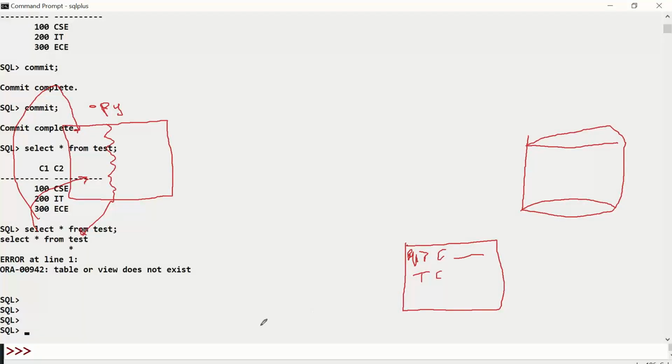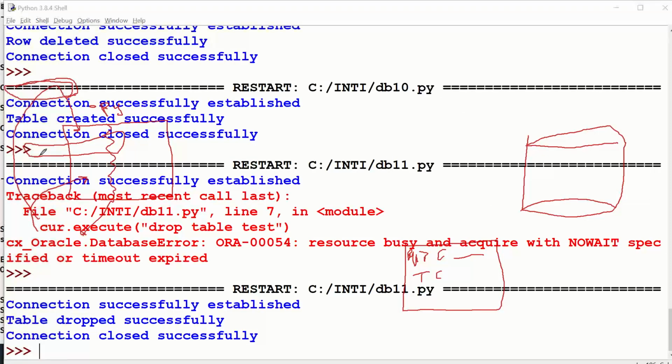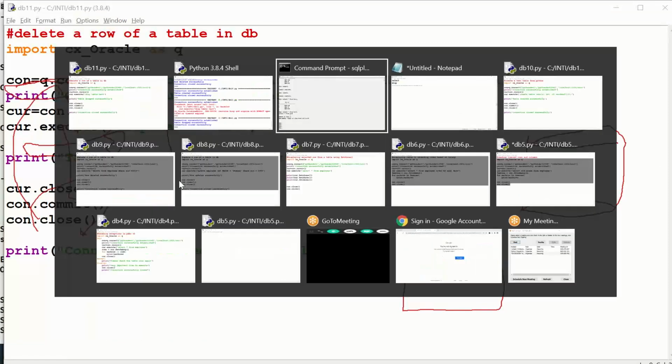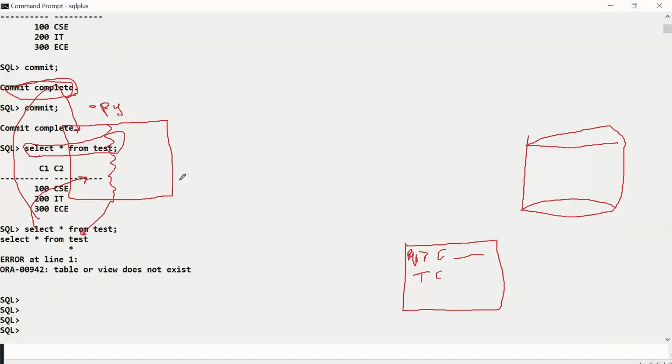See the line commit complete. Who is giving this line for me? Who is executing these lines for me? This is also code, right? Somebody has to execute it. The way your Python code is executed by your interpreter, someone must execute code from the database side. So who is that is my question.